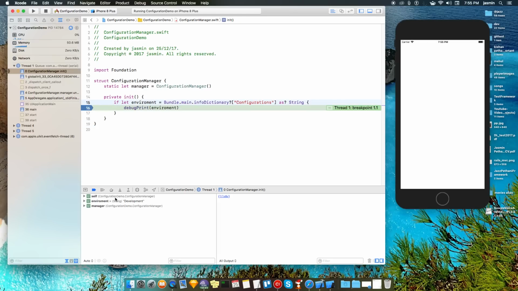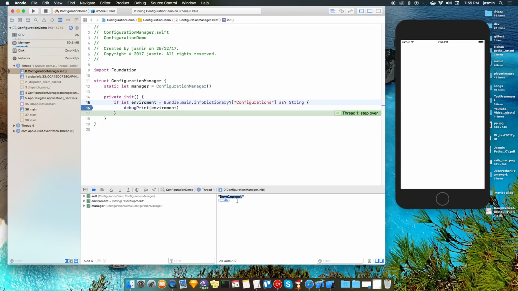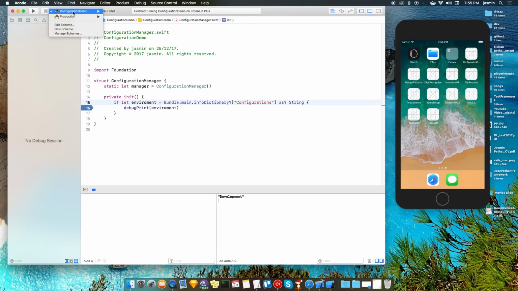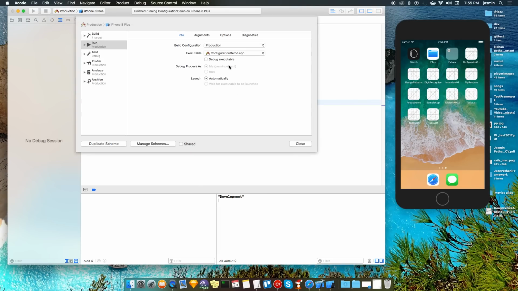Yeah, so here in the console, as you can see, it's development. The same thing for production, we need to change one thing, like debug executable or not.